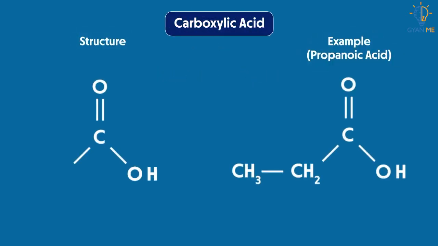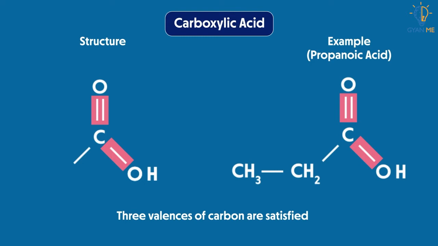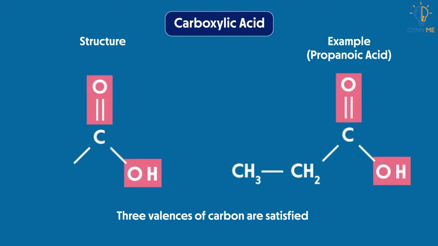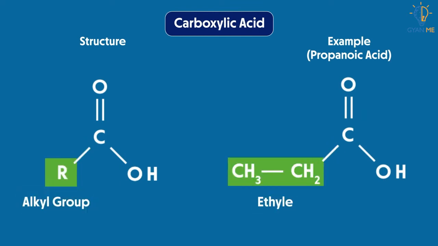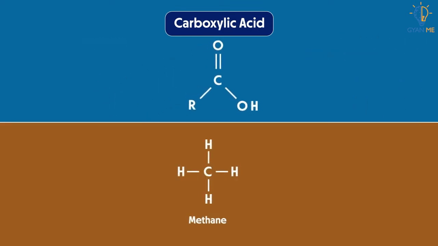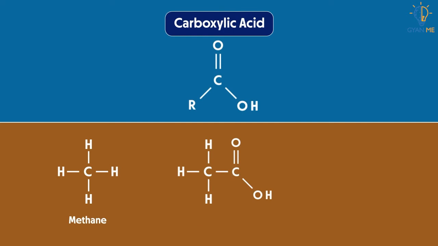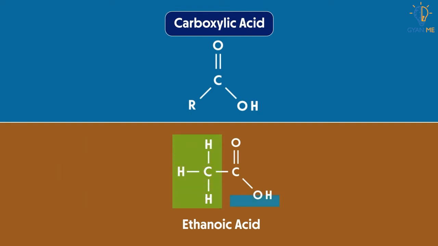The carboxylic acid functional group consists of 1 carbon atom, 1 hydrogen atom and 2 oxygen atoms. As can be seen, 3 valencies of carbon are already satisfied, 2 with oxygen and 1 with OH. And only 1 valency is now free to bond with other compounds. Just like other functional groups, this group also replaces 1 or more hydrogen atoms from the chain to form new carbon compound. To name the compounds with carboxylic acid functional group, we always add suffix oic acid behind the parent